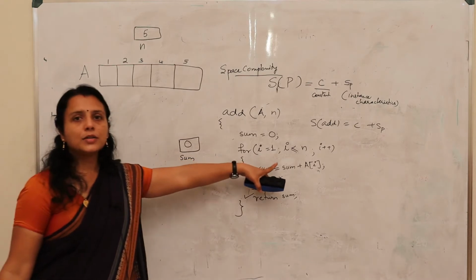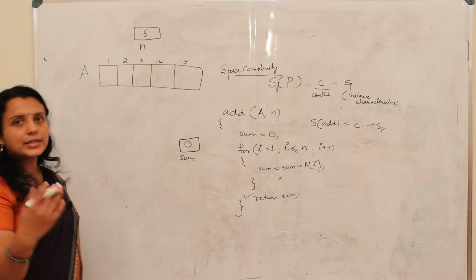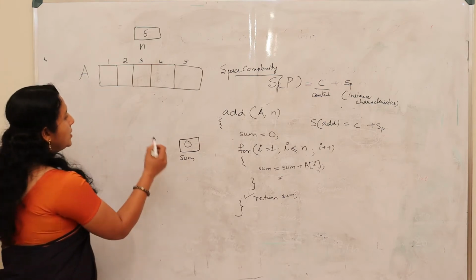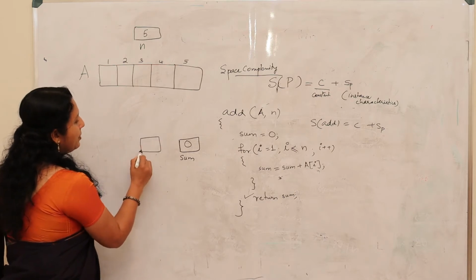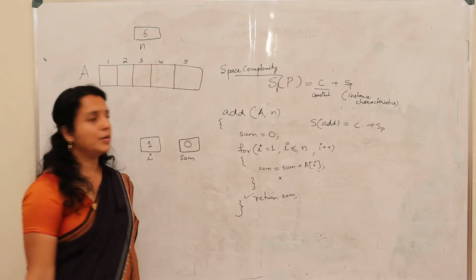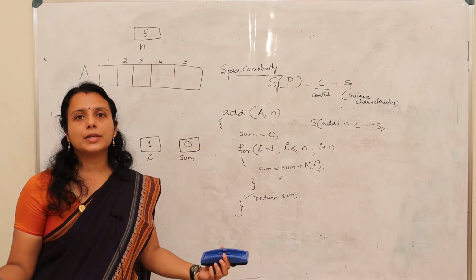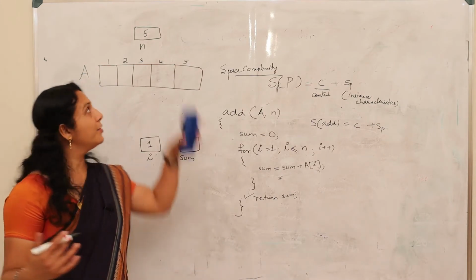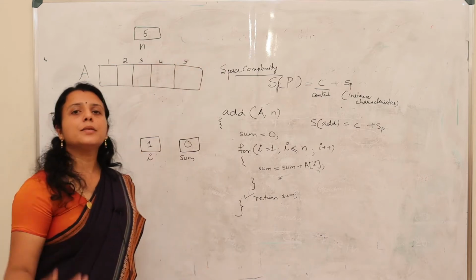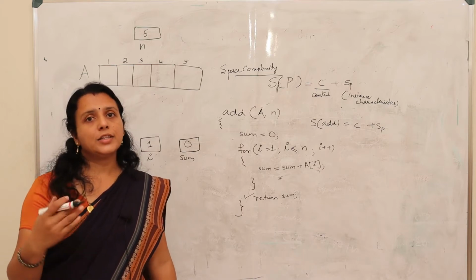Now the for loop starts. In the for loop, what is the variable used here? I. It is acting as a counter variable, and what is the value provided to I initially? It is 1. So we have a memory location symbolized as I, and the initial value for this I is 1. Now what is the next message that comes on the screen when you are executing that program? After getting the total number of elements from the user, the next message on the screen will be "enter 5 numbers."